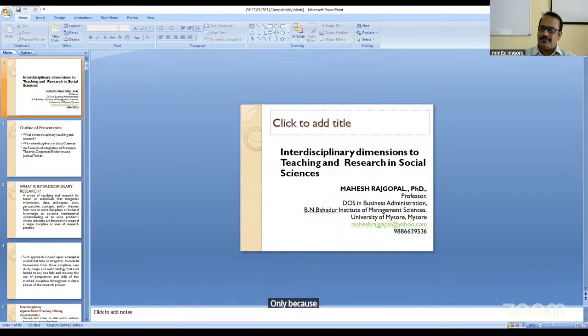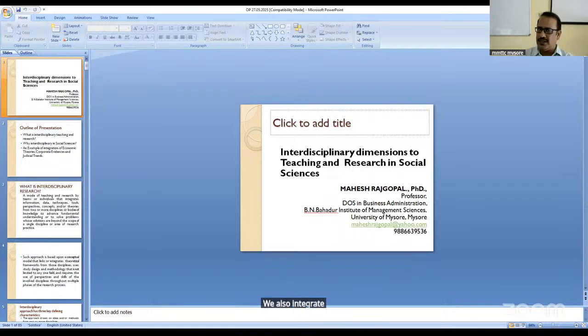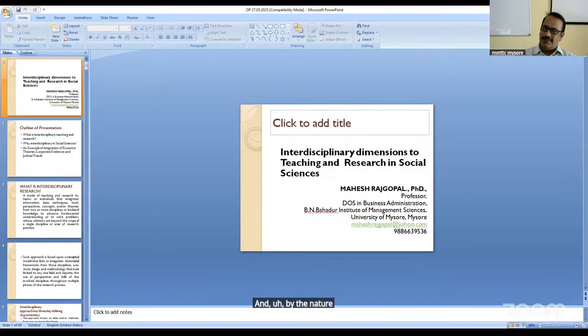Only because interdisciplinary dimensions to teaching and research, I'm taking them synonymously, because I feel that they are the two faces of the same coin. To see a particular research problem or a teaching issue from an interdisciplinary, I'm not using the word multidisciplinary, interdisciplinary, because I'm just putting that only in the context of social science. We also integrate humanities, we also integrate science into our domain. See, I'm from management science department, and by its very existence, we are multidisciplinary in nature. So that gives me so much of